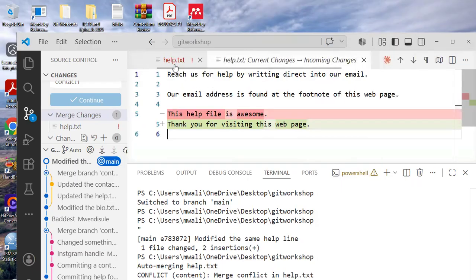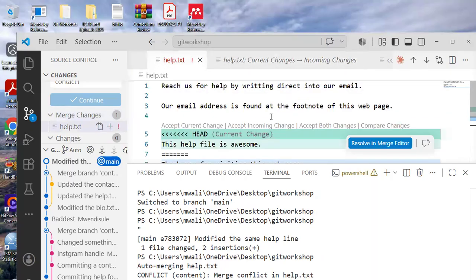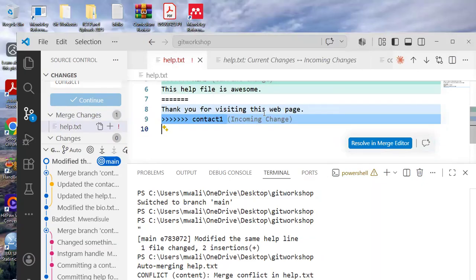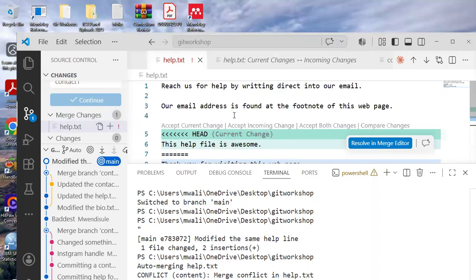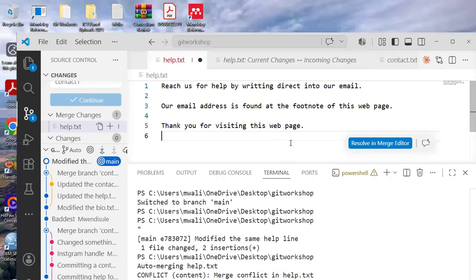So what I'm going to do here, I am back here to the help.txt. Now I'm going to accept the incoming change because I think the incoming change is more logical. The incoming change says, thank you for visiting this web page. And therefore, I'm accepting that, which means the current change, which is this help file is awesome, will be removed. Or you can accept both, and when you accept both, that means everything will come together. But I'm not going to do that. I'm only accepting the incoming change, and then